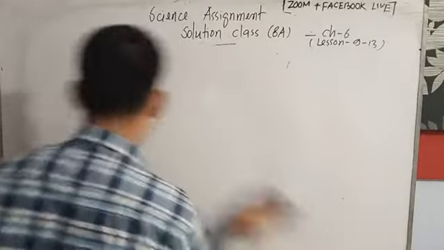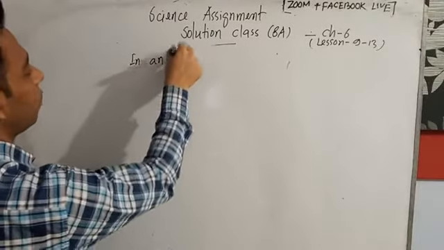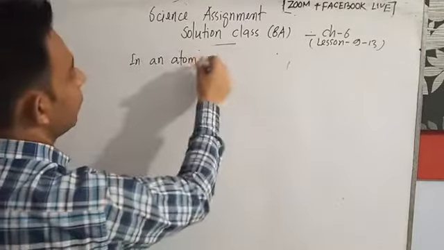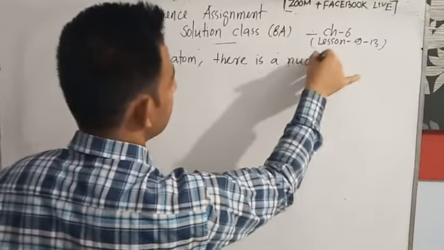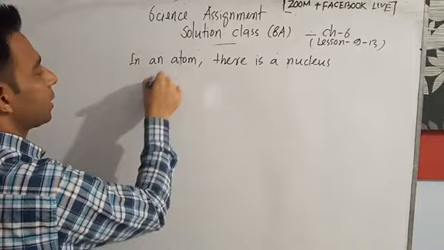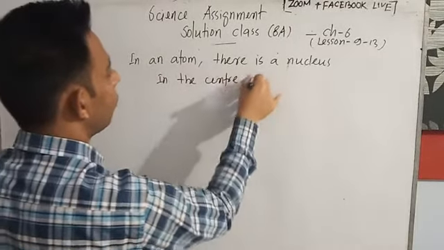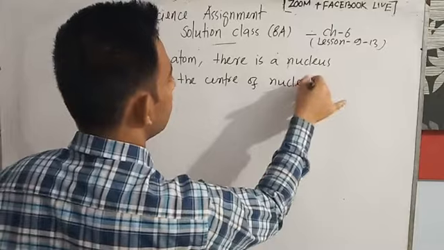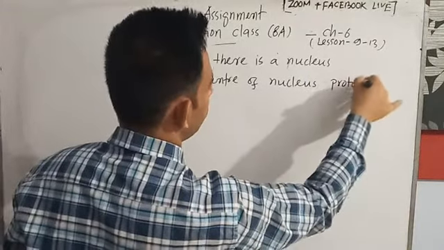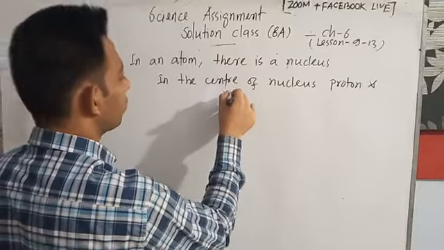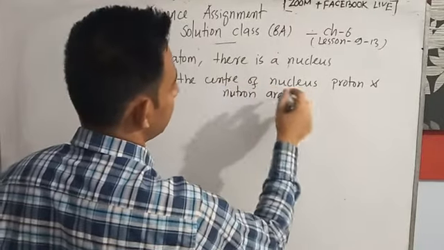So diagrammatically, what we have learned is that in an atom there is a nucleus. In the center of the nucleus, protons and neutrons are present,